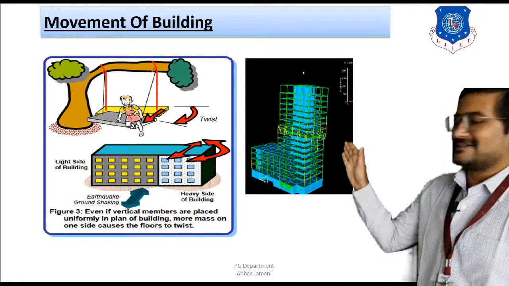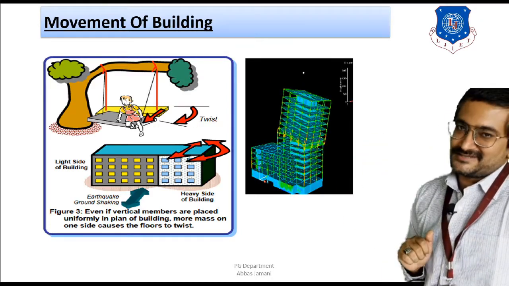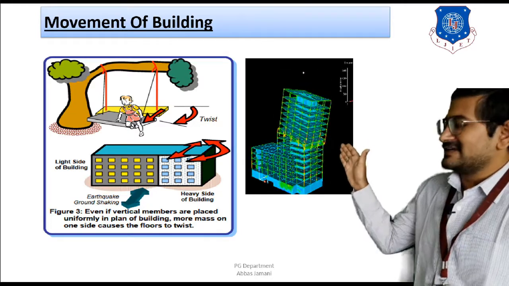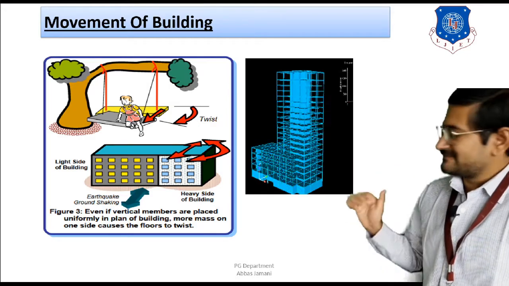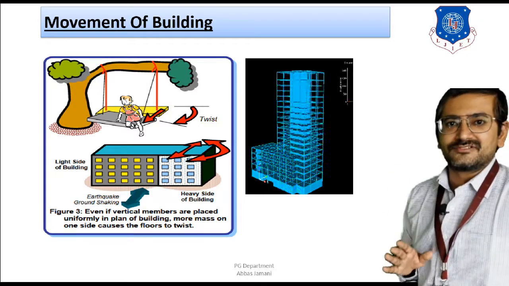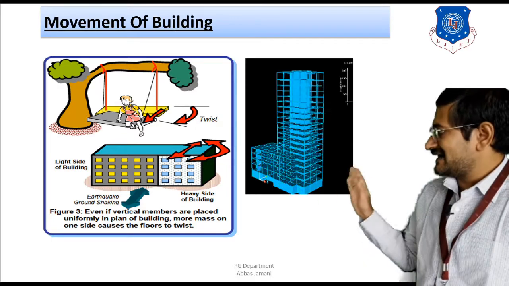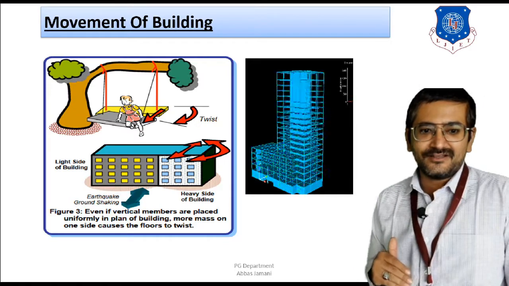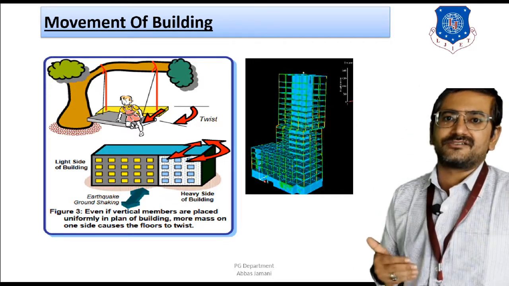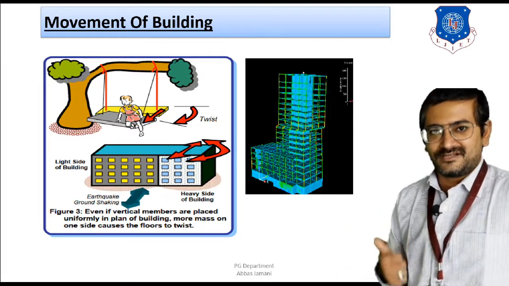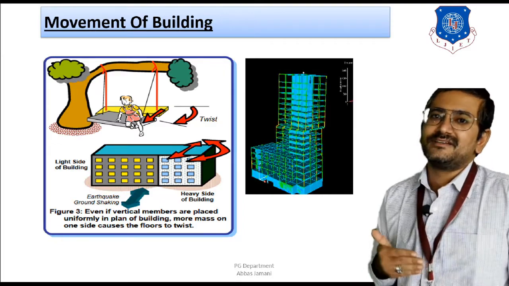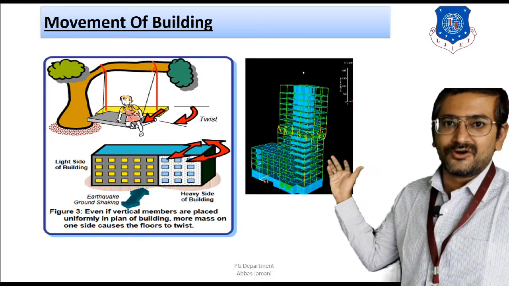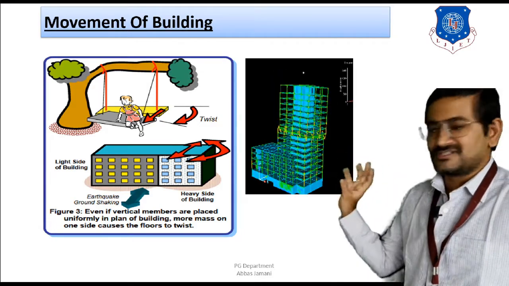So what is happening is that the rope swing example is going to remain same throughout this particular lecture, right? You can see that the height of the swing, height of the rope is also same, the cradle is also same, child is also same, but there is only one difference, that is that the child has shifted towards the right hand side. So what is happening when the child has shifted towards the right hand side? The concentration of mass is shifted from the center towards the other side, and due to this change in the mass, the swing is going to start rotating about the horizontal axis, that is torsion is going to be there.